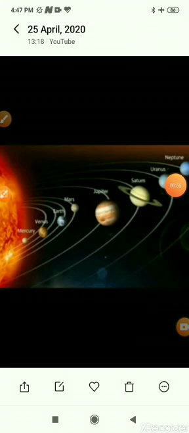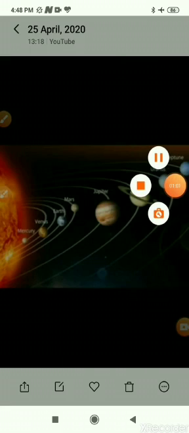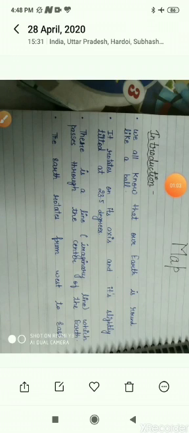How is it looking? It is looking round. Round, you can see, circle. This is a circle. So Earth's shape is round. In this slide, you can see Earth. We all know that our Earth is round like a ball. It rotates on its axis and is slightly tilted at 23.5 degrees.